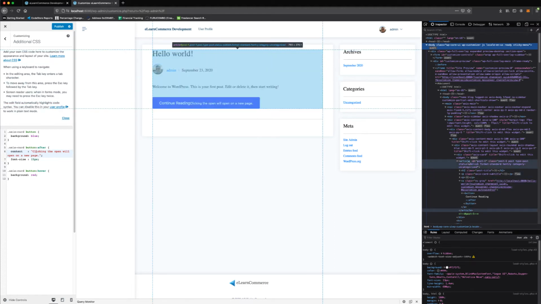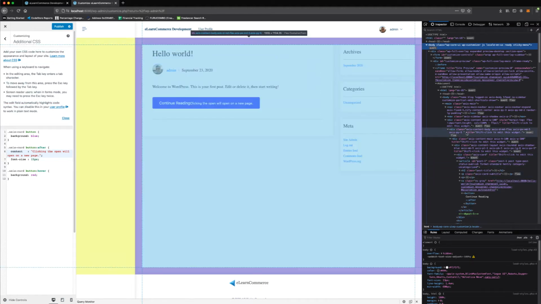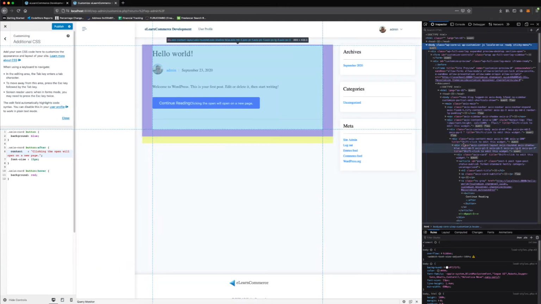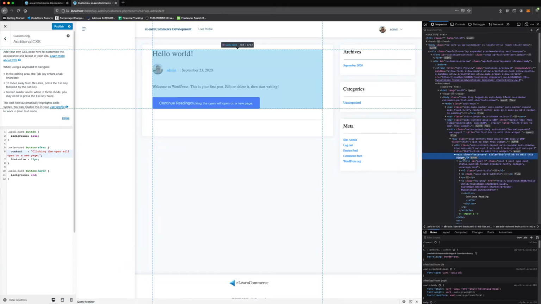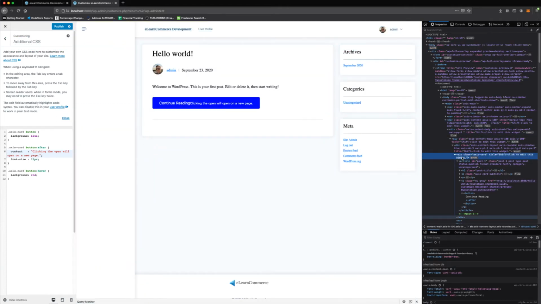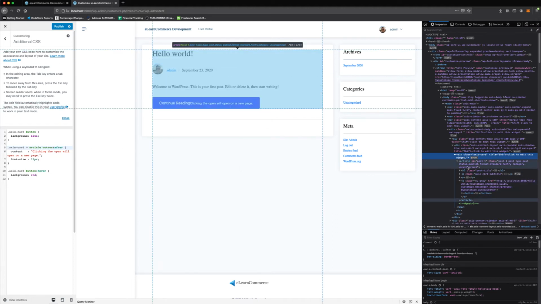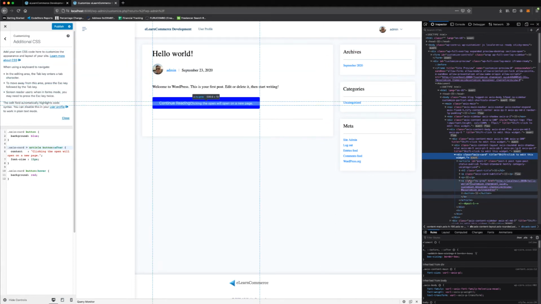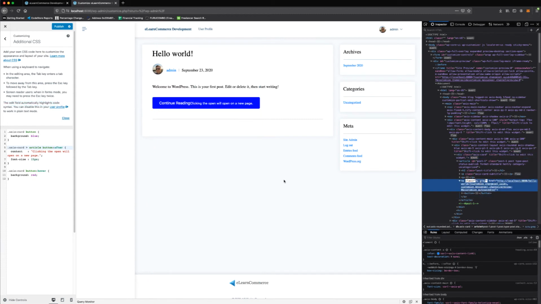So there is the access card. So let's find out where that is. This. Okay, access card. And there is an article. And there is an A. I don't know how these classes were picked, but